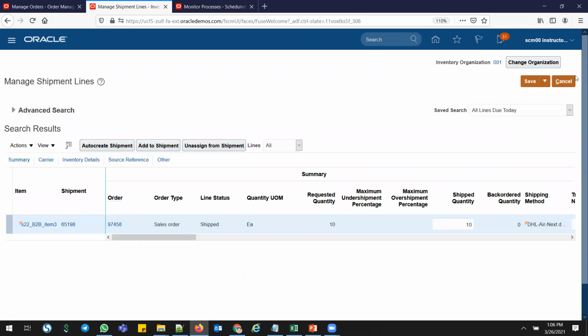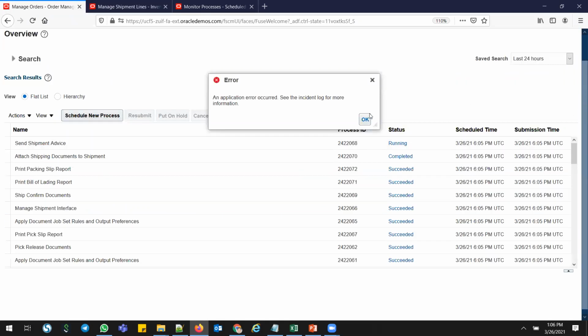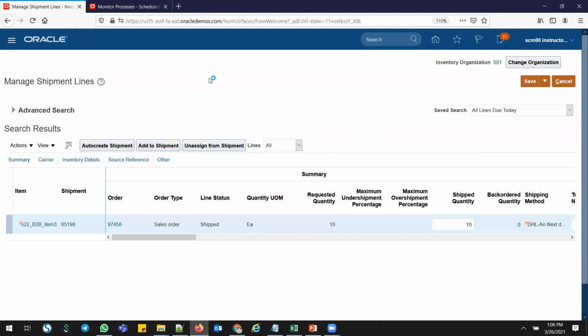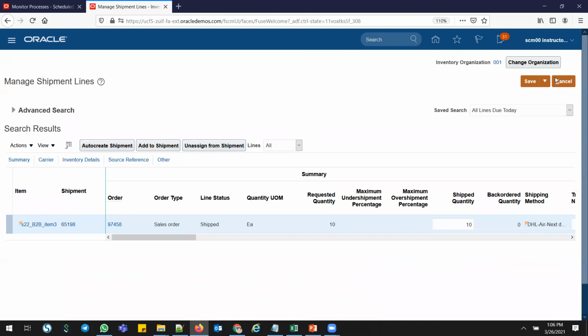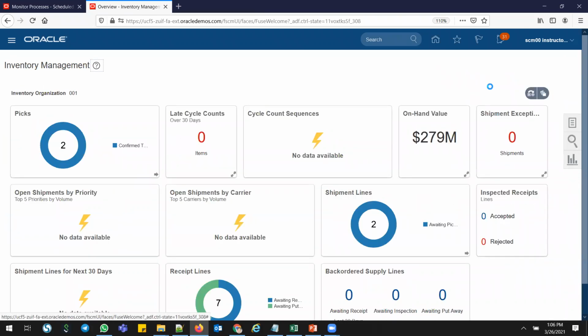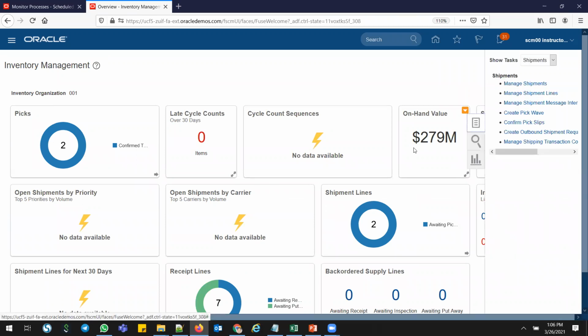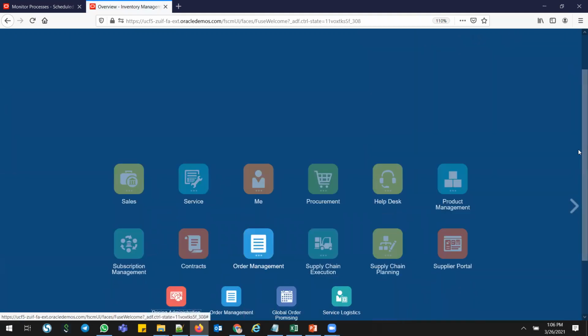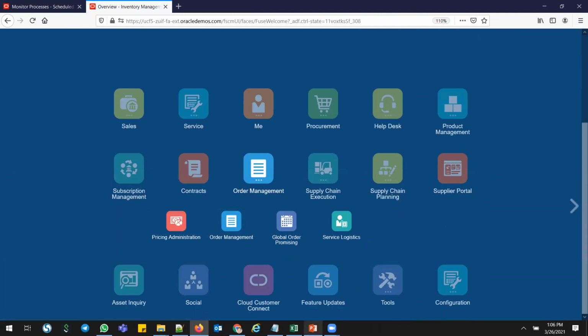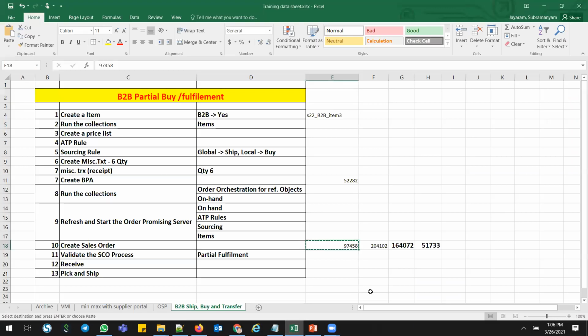This stays shipped, and I'll go in the order management side. Let me go into the order management. Let me take this order number.